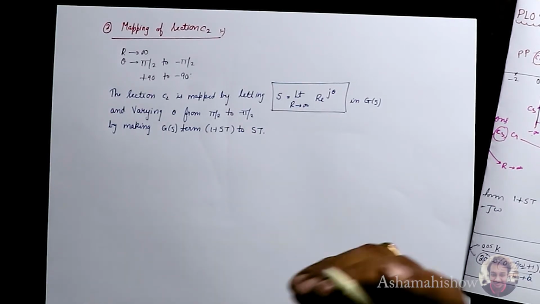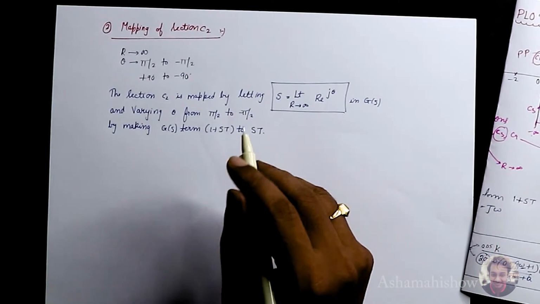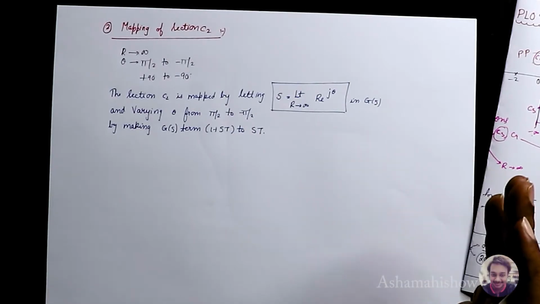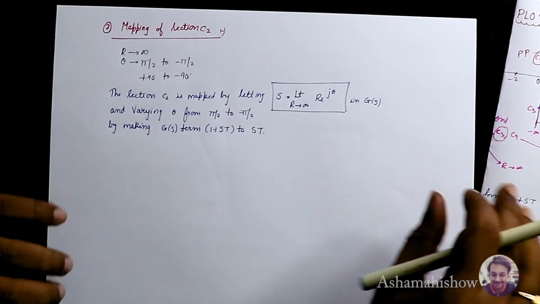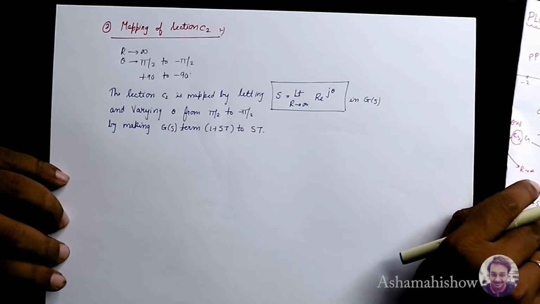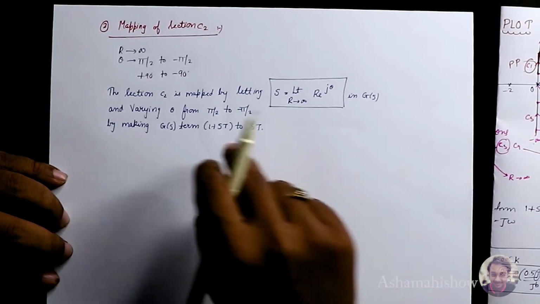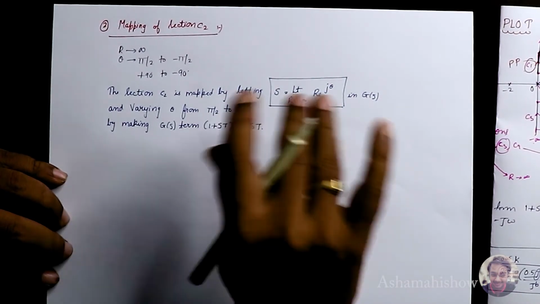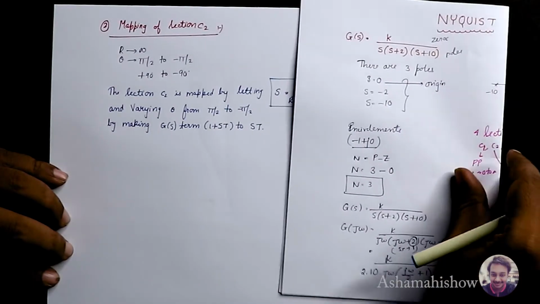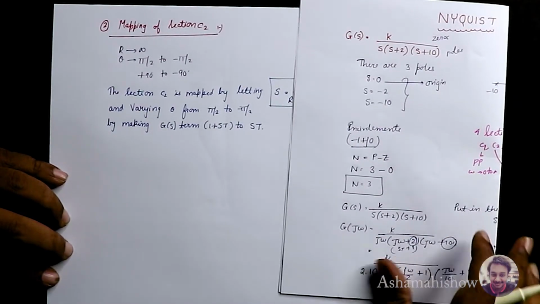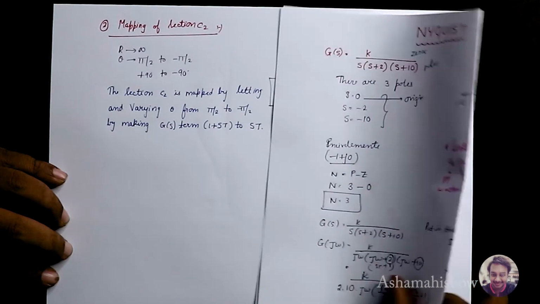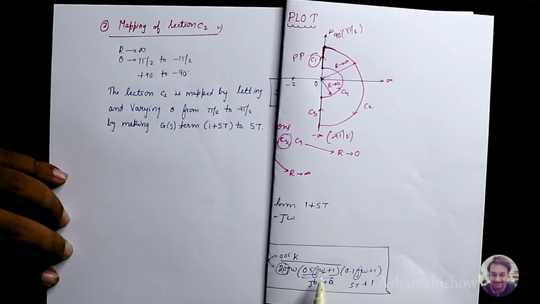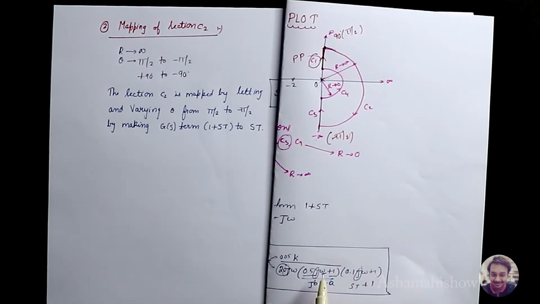to approximate your G of s term as 1 plus sT, because we have brought the given transfer function before into the form of 1 plus sT. Then in this form you need to consider only the sT part. So we have brought this into 1 plus sT. This is the first page of what I have done. So we have brought the 1 plus sT format, right? You need to consider only the sT format here. For C2 mapping you have to consider only the sT format.